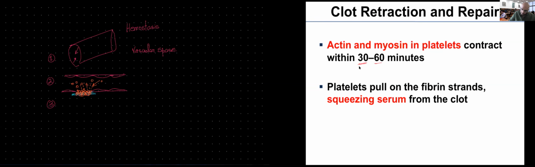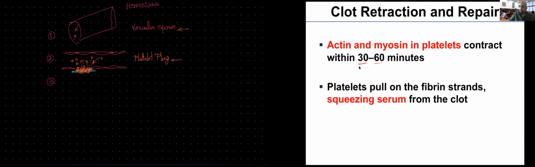The plug I form with platelets is what I call the platelet plug. And this is the second step in hemostasis. First step is vascular spasm. Second step is the platelet plug formation. The third step